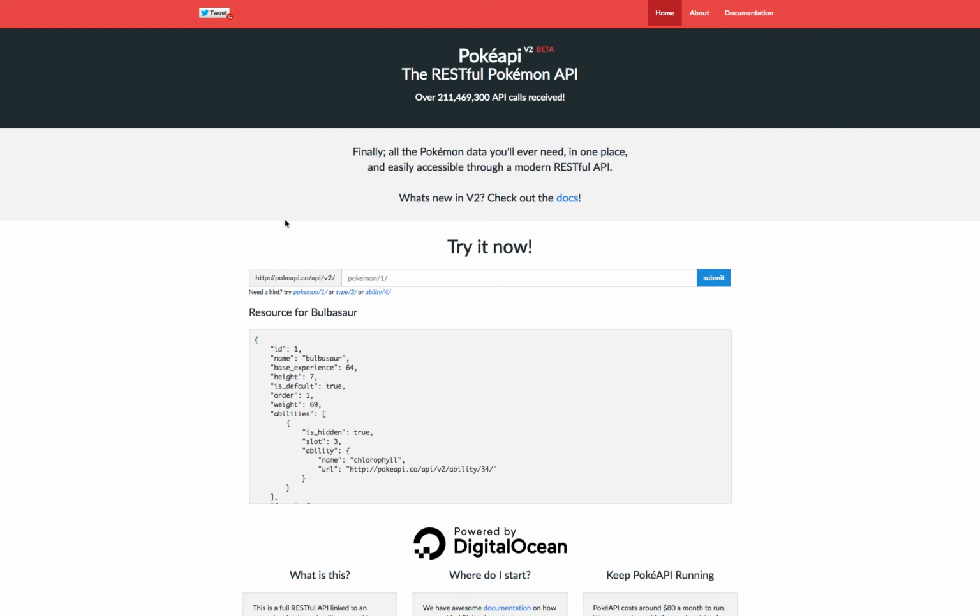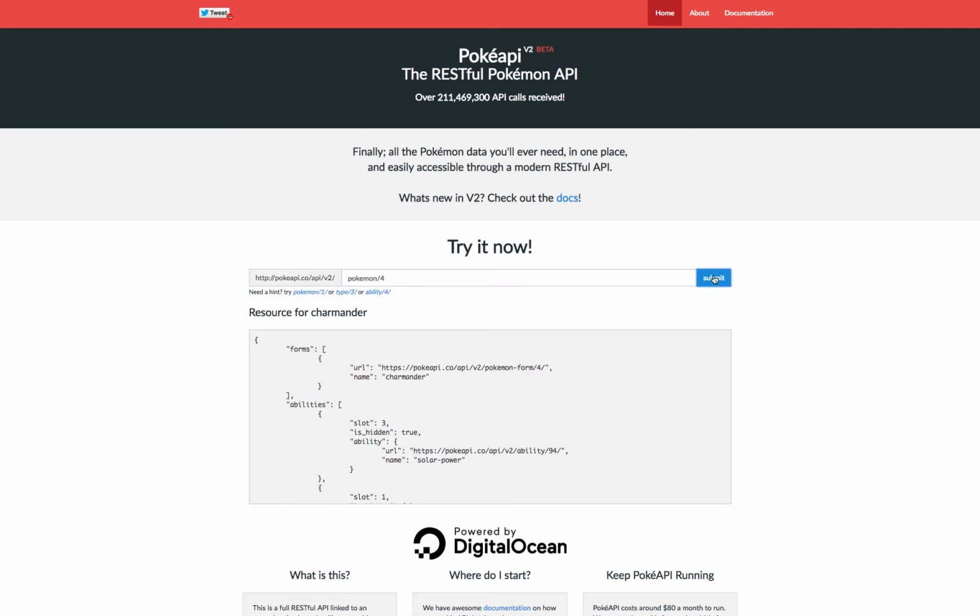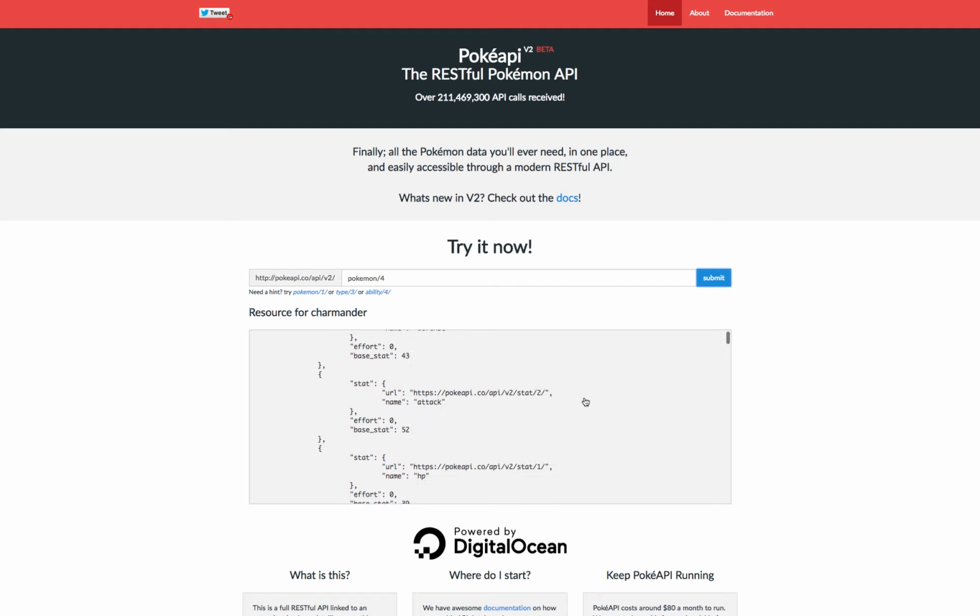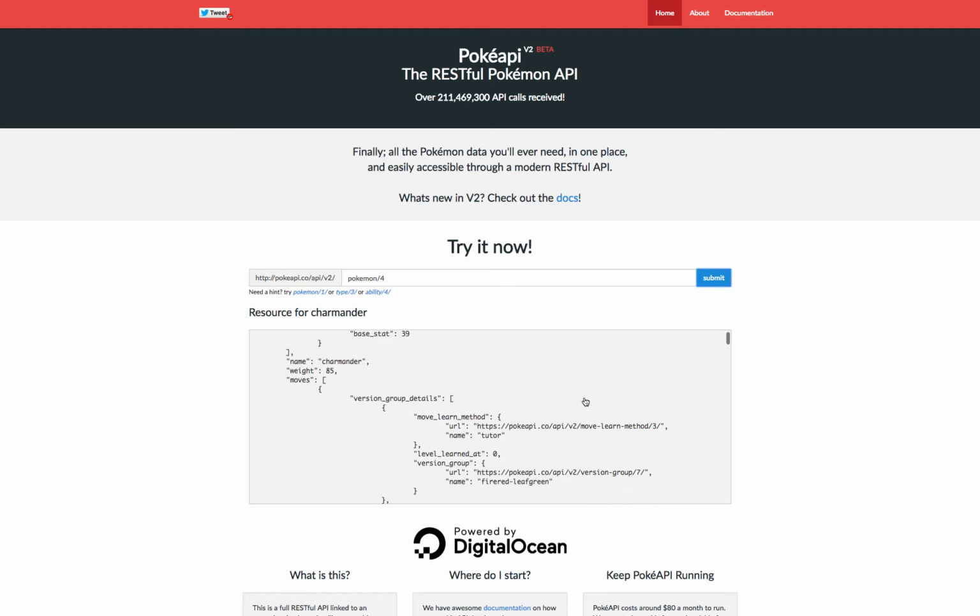A common use case for web APIs is an endpoint or website that you can access programmatically, through your code, that can give you some sort of data or process some sort of information for you. This one, for example, is an API that lists everything about Pokemon. So I go in here and I can say pokemon/4, and inside of here it's going to give me all the information about that particular Pokemon.